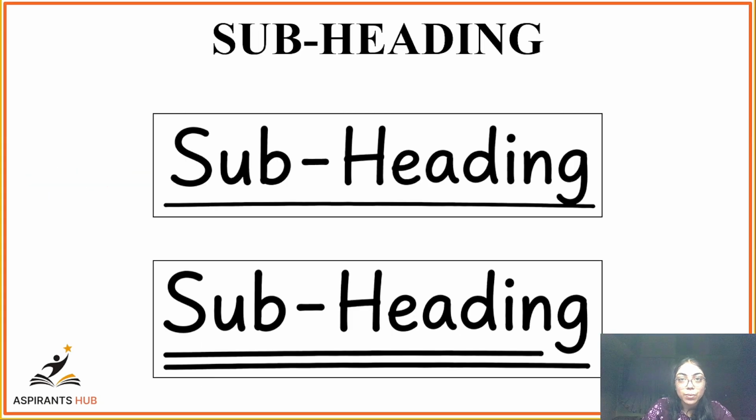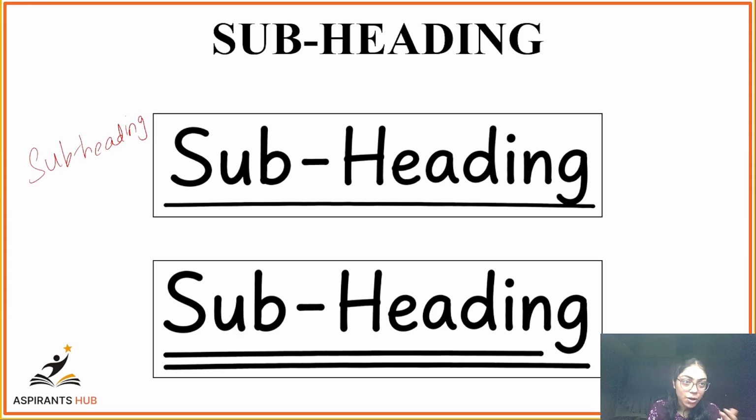Now talking about your subheading. There are multiple ways in which you can do it. These are very very small things, but I felt this issue when I was writing my mains for the first time. There were so many things to do. When I used to write headings, I would not put them in a box, I would just underline them. Then when I saw a lot of topper copies, I realized how answers have to be written. So I don't want anyone to spend a lot of time doing that research. I will quickly talk about these things so that you get an idea, and please try to incorporate them in your answers.